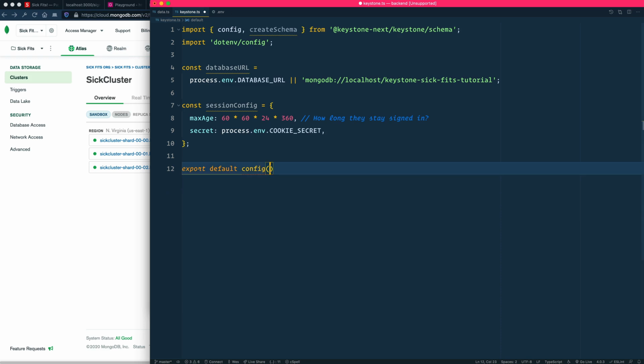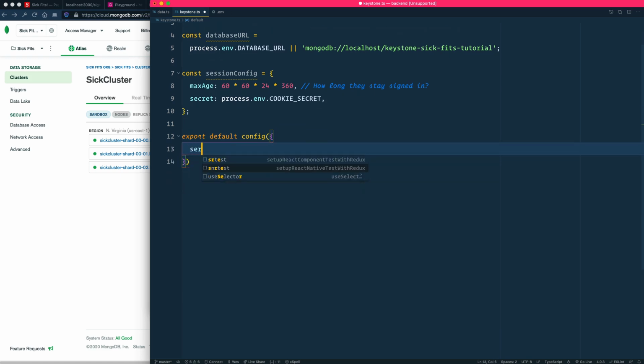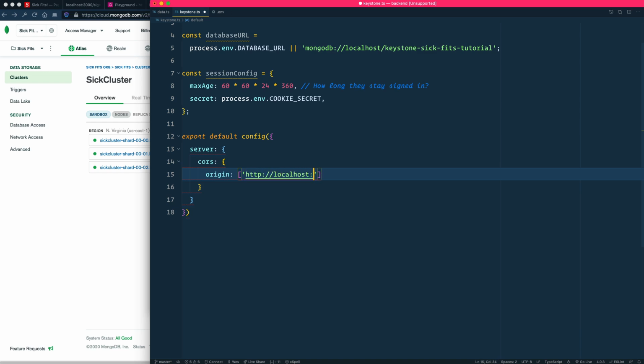So in this config, we have a couple properties. Actually, it's an object. So let's do an object there. And we have server, which is an object. Inside of that, we have cores, which is an object. And then we have the origin, and that is going to be HTTP localhost 7777. Actually, where do we have that? We don't need to manually do that. We can just say